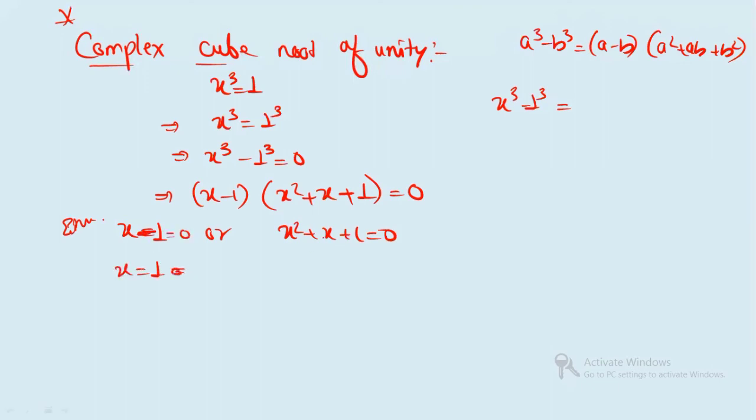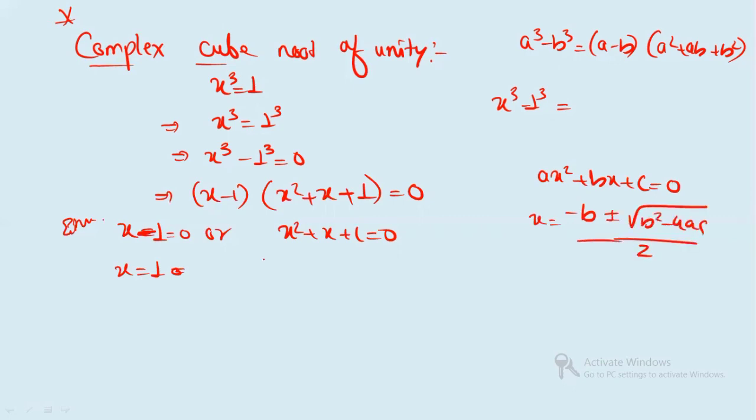All right. And this is a quadratic equation. We know that the quadratic equation has the form ax square plus bx plus c equals 0, and the formula will be x equals minus b plus minus root over b square minus 4ac, divided by 2. So here also the same thing we will do. x equals what? Minus b. b is the coefficient of x, so it is minus 1, plus minus root over b square, which is 1, minus 4ac. a is also 1, c is also 1. So this is just minus 4, divided by 2. So you will get x equals minus 1 plus minus root over minus 3, right?